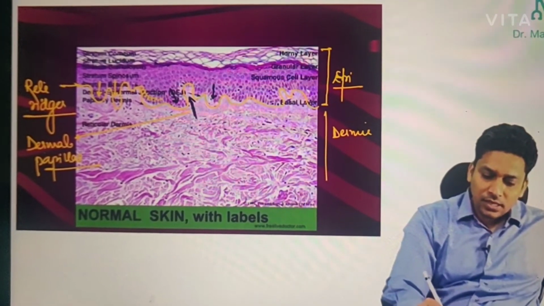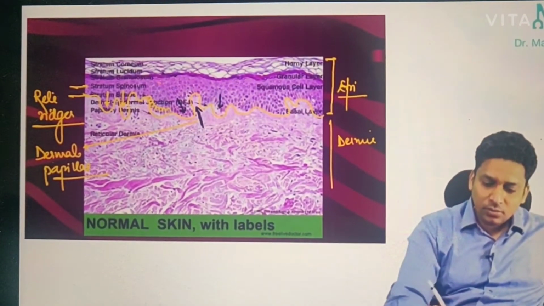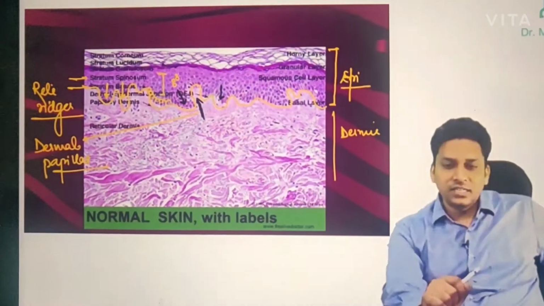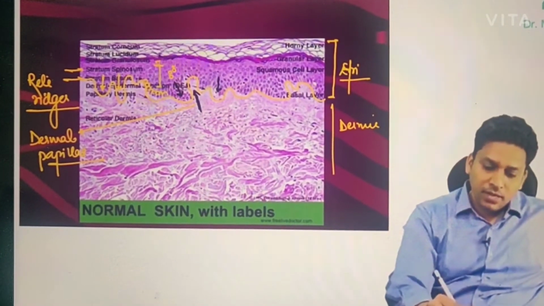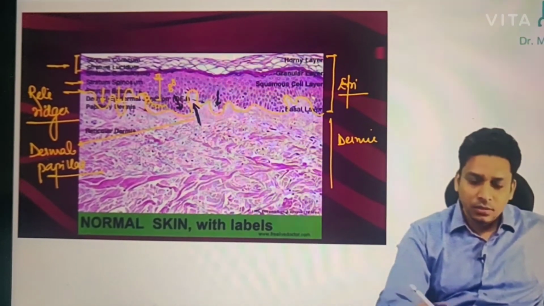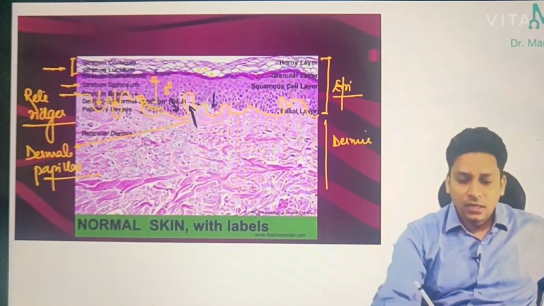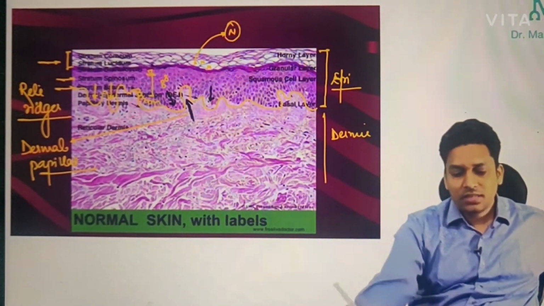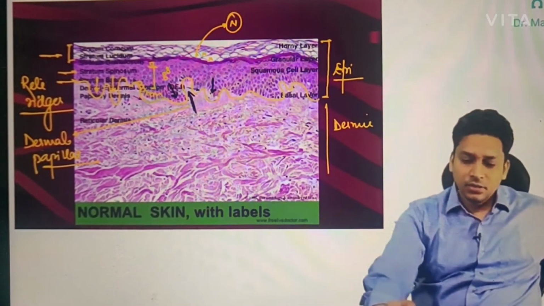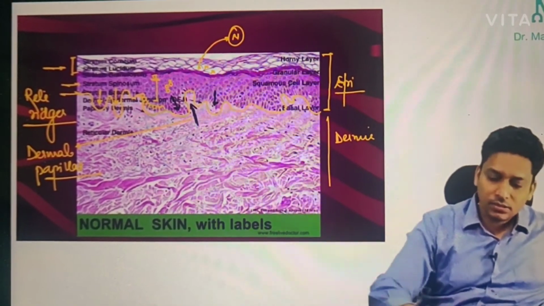Now in this epidermis, as you can see in the lower portion, stratum basale, which is the single cell layer, the nucleus can be seen. In stratum spinosum also you can see the nucleus prominently. This blue colored staining is taken by the nucleus. This is stratum granulosum. And above, in stratum corneum and stratum lucidum, you can see that the nucleus is absent. In the topmost layer, the nucleus cannot be seen. So this is a normal finding. So the nucleus is absent in stratum corneum. But there are a few conditions where it can be retained. Okay. So these are the histological findings which are sometimes seen in certain disorders.